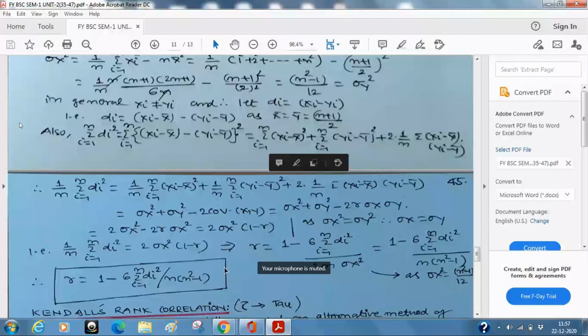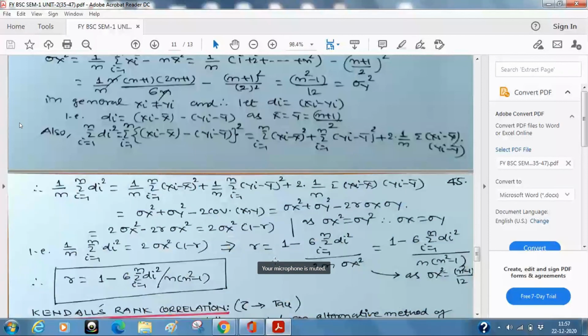Fine. So anyways, 2-3 minutes are left out, so I am not going to start a new topic here. But remember that, as I have told you, very great assumption here is that there is no tie in the data. But again, as I have told you in many of my previous lectures, that data will come on its own. अगर टाई है तो आप क्या करोगे? फिर आप बोल दोगे, हाथ खड़े कर दोगे, नहीं अब now I cannot calculate the correlation.